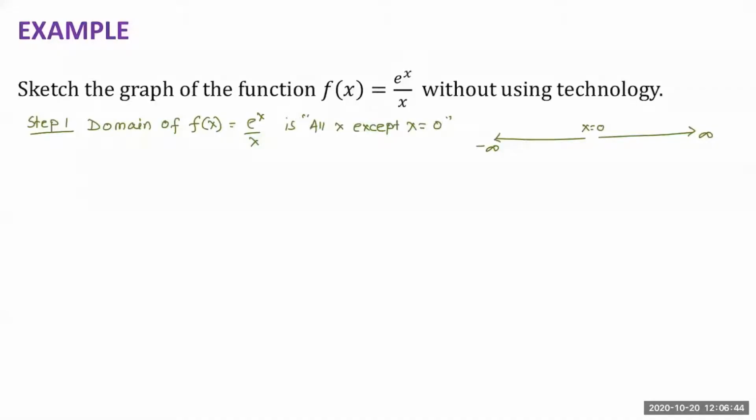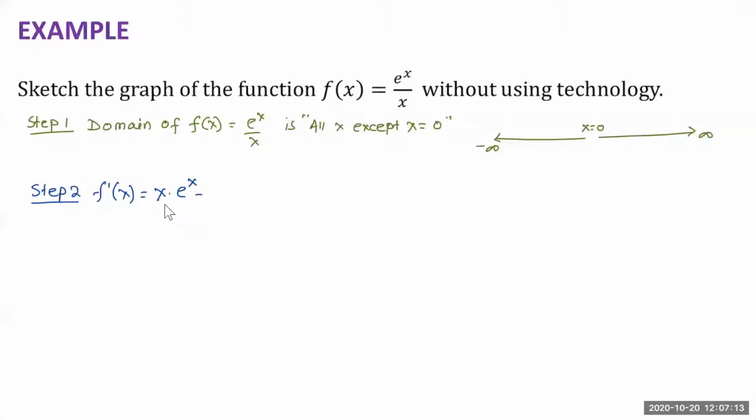Okay, step 2, we are going to find the first derivative of the function. Our function is e to the x over x. In order to find the derivative of this function, we have to use the quotient rule. So the first derivative is equal to, using the quotient rule, the denominator, which is x, times the derivative of the numerator, the derivative of e to the x is e to the x, minus,